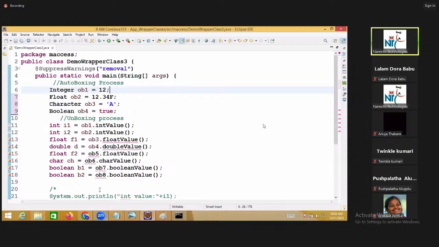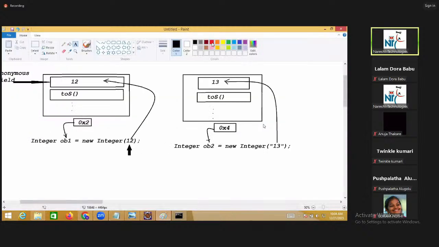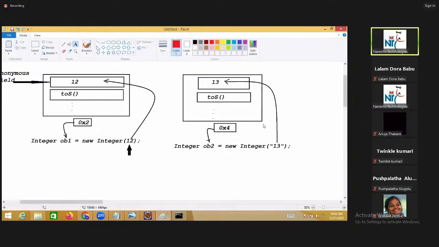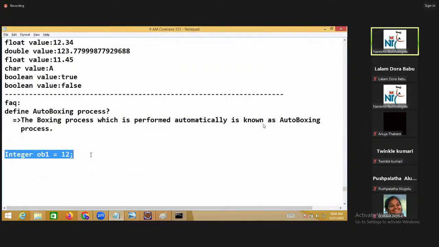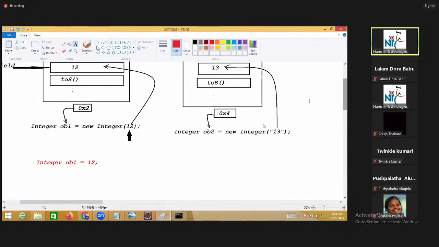In this auto box, what happens here? Actually, an error should come. Why? Sir, 12 is a value, no?